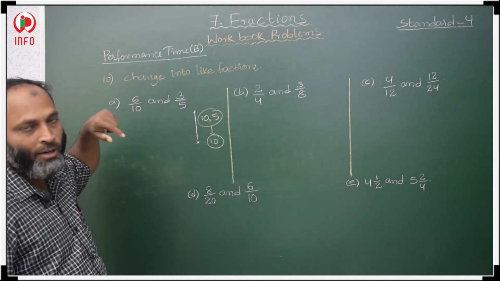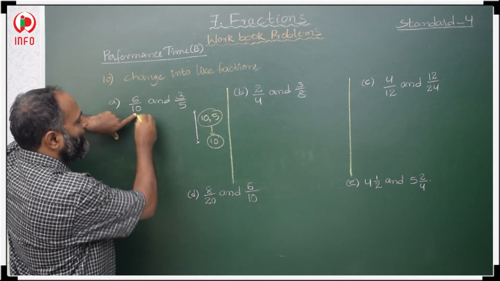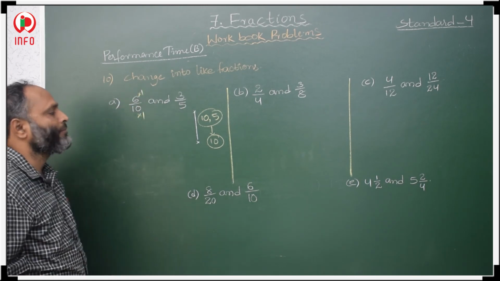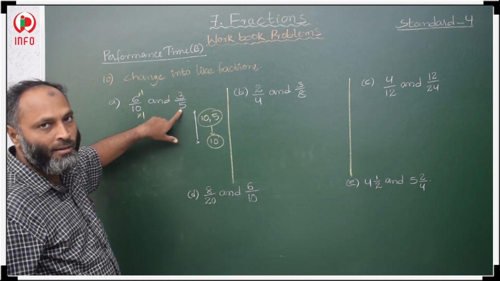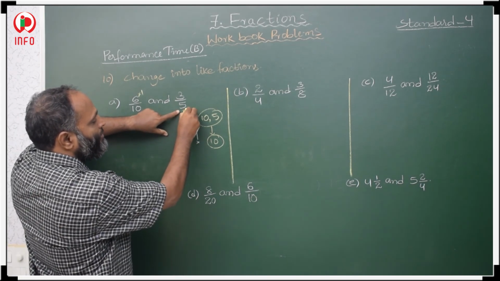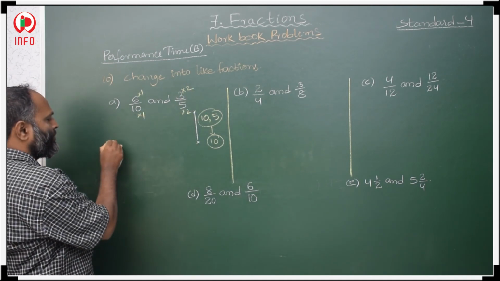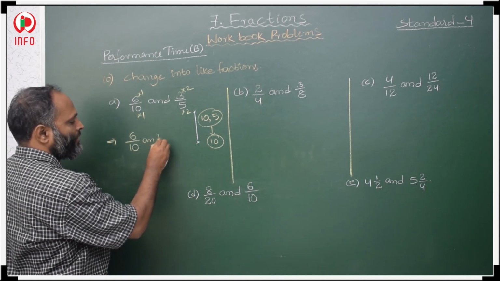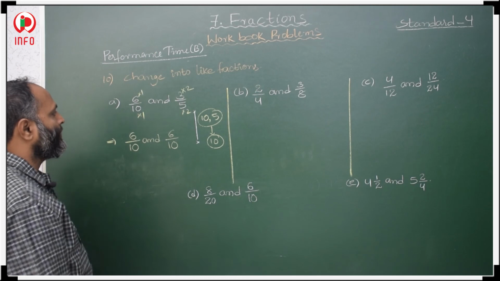Then after that, what we have to do? In the first fraction, the denominator is 10, so 10 ones are 10. So with 1 we multiply numerator and denominator. In the same way, we check the second fraction denominator. What is there? 5. In the 5 table, to get this LCM 10, 5 2s are 10, so multiply numerator and denominator by 2. Now 6 ones are 6 by 10 ones are 10, and 3 2s are 6, 5 2s are 10.